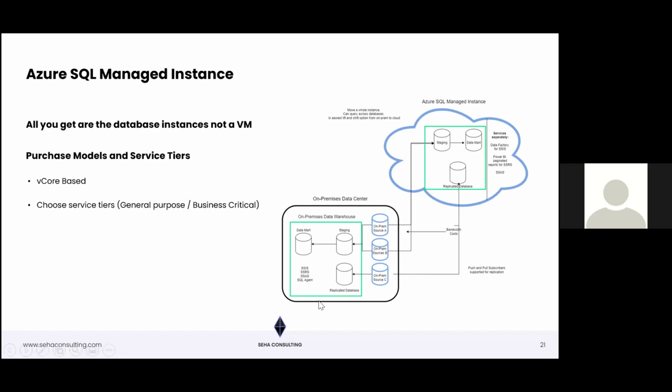So if we look at our example, this is our on-prem solution. You've got a data mart, you've got a staging area, and maybe a replicated transactional database that you use for reporting, and you've got SSIS, SSAS, SSRS, SQL Agent. You're really splitting that out into multiple databases in the cloud. Your staging is its own database, the data mart is its own database, and if you have a replicated database that's being replicated from this on-prem system, you're going to have its own database,